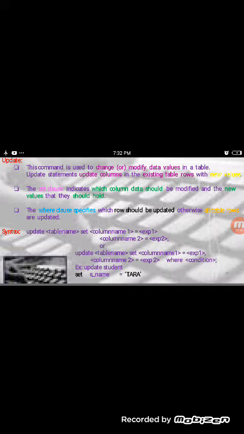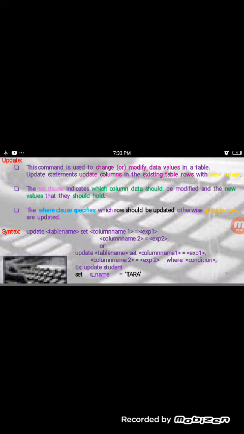In update we use the set clause. The set clause indicates which column data should be modified and the new values that they should hold. And the where clause specifies which row should be updated, otherwise all the table rows are updated.